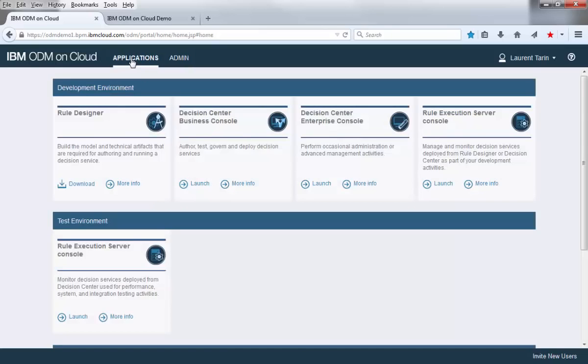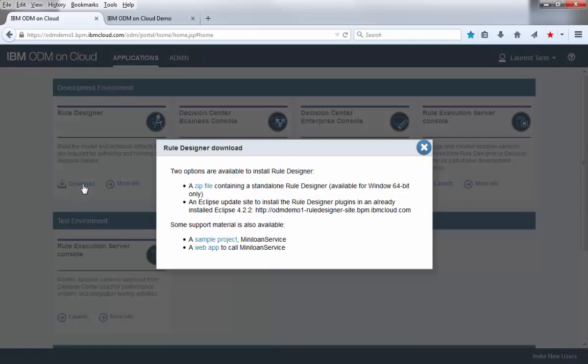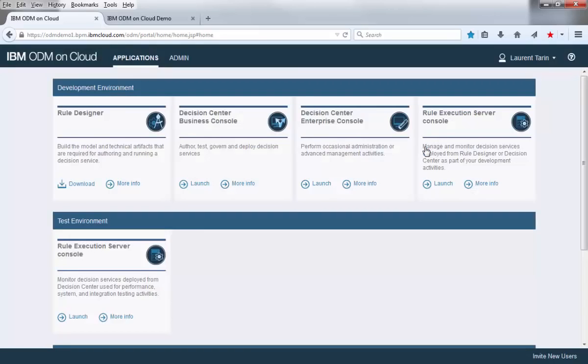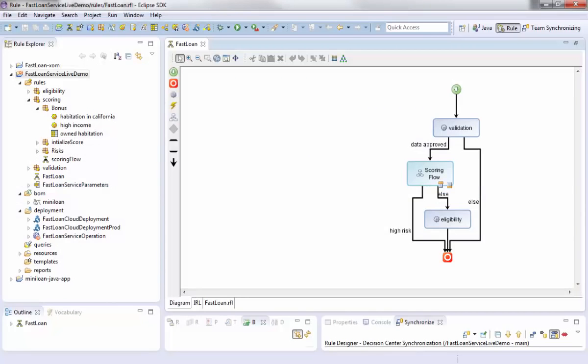Let's come back now to our decision service. As I said, everything starts from the rule designer. From this environment, you can download the rule designer archive, and you will get the entire pre-configured Eclipse environment that allows any developer to set up the decision service before pushing it to the cloud. Let's have a look at this environment rapidly. Here we are in the Eclipse environment. We are in the rule perspective, and we can see our decision service, the fast loan service demo,